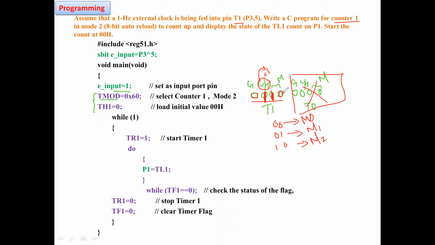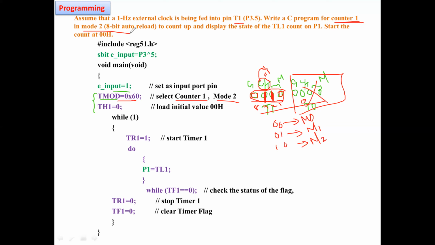So now what is the value we obtained? It is 60 hex. So this is the value we should initially select in order to run the timer as counter 1 in mode 2. In the question they have asked for counter 1 mode 2.